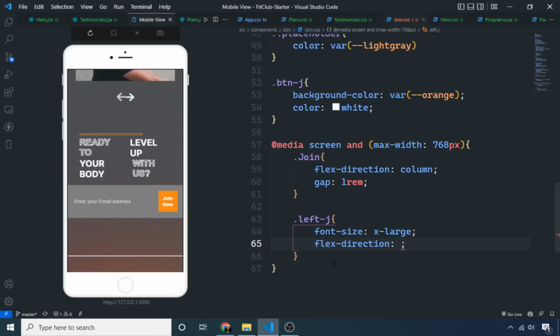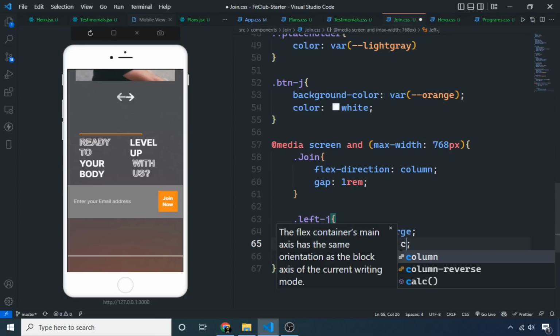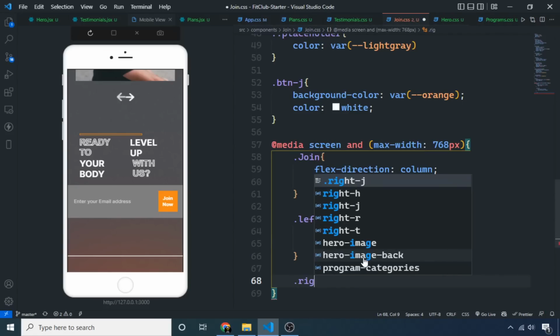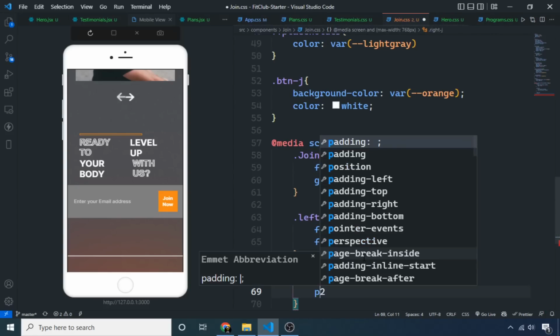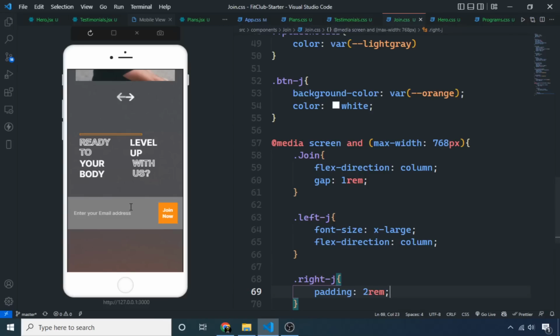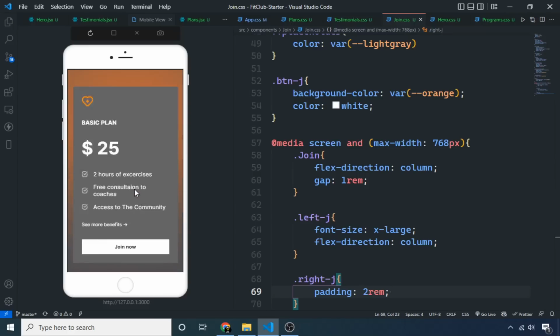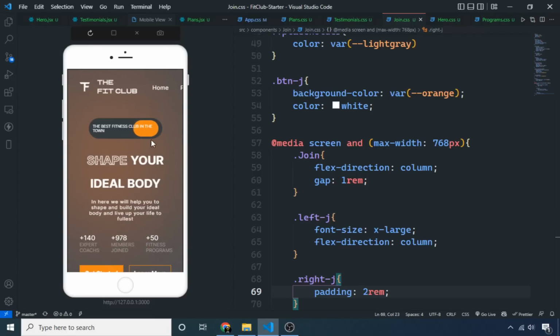And I should also change the padding. So okay, basically here it will be column. So here I will say the right side of join with the padding of 2 rem. Let's save, and yeah, the footer is already in its correct form for the mobile screen, so responsiveness is completed now. But I want to make this header, which is not available on mobile screen for now,